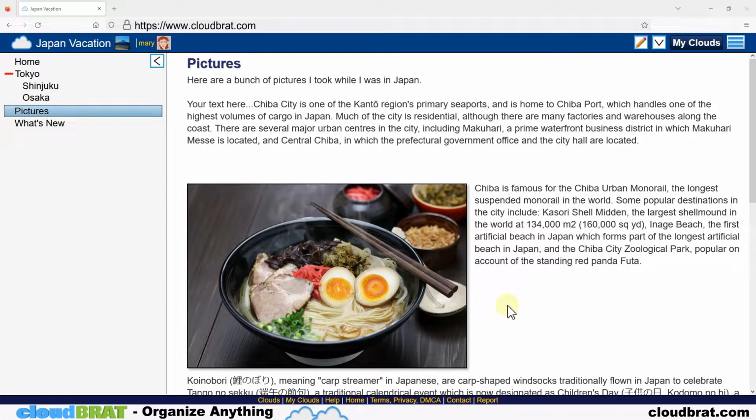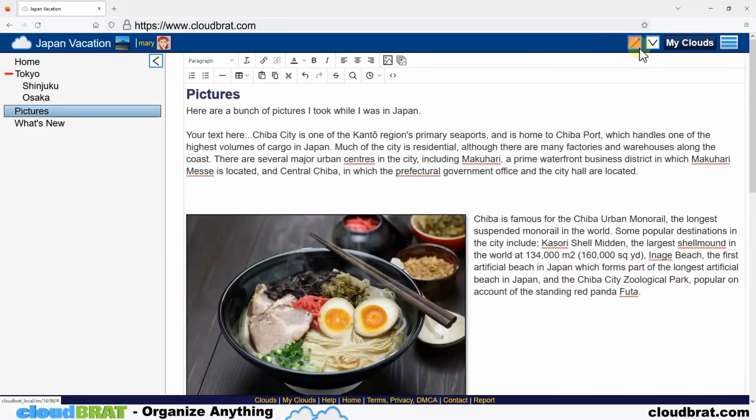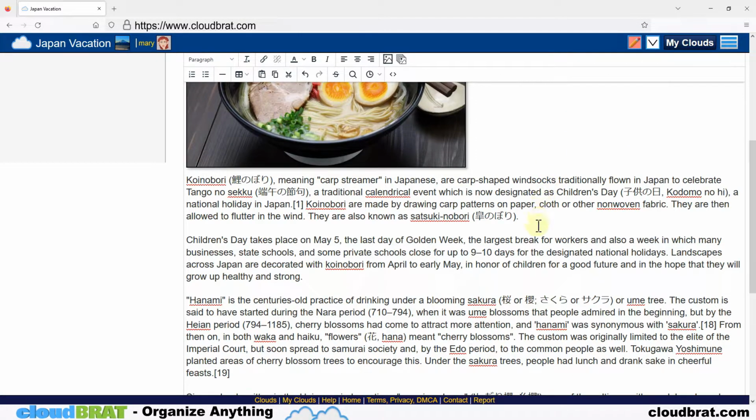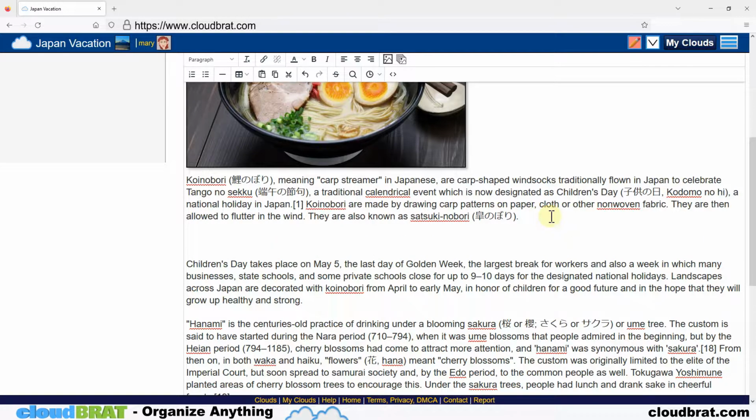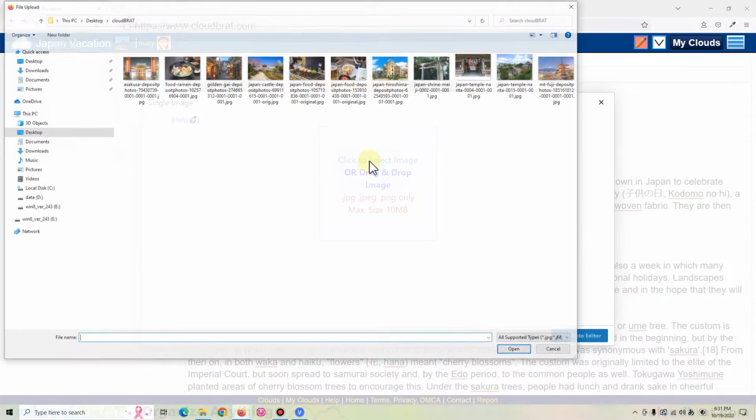This time, let's look at the options when uploading a single image. Once again, click the Edit icon. Once the editor appears, place your cursor on a new line or at the beginning of a paragraph. Then click on the image icon in the toolbar. Select an image